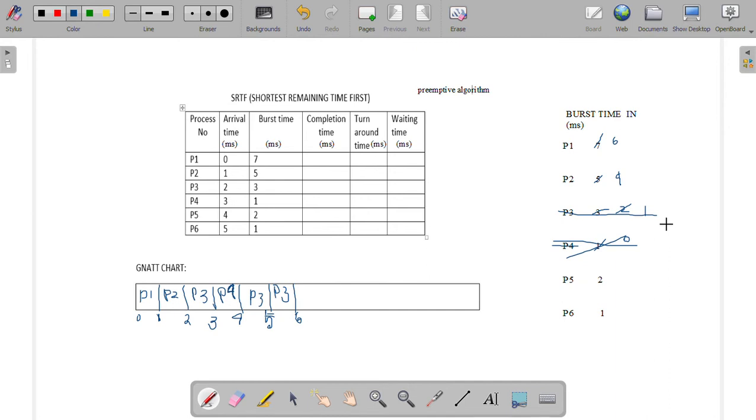So at 6 millisecond all the processes have already come, because you can see at 5 millisecond all the processes came earlier. So definitely at 6 millisecond all the processes have come. Now which process has the least burst time? Among processes P1, P2, P5 and P6, process P6 has the least burst time, so P6 will be scheduled